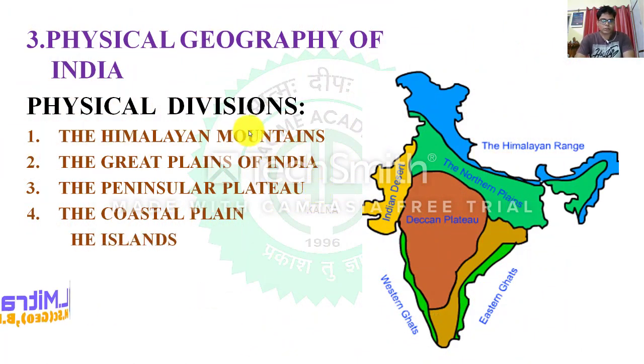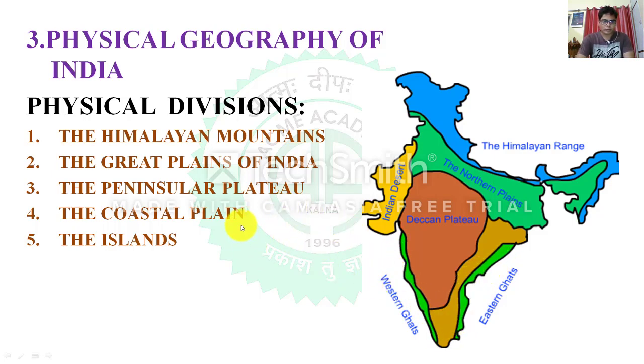First, if you want to discuss the physical geography of India, there are mainly 5 physical divisions of India. By this diagram you can easily see the Himalayan mountain range as one portion, the second is the northern plains, and the third is the peninsular plateau. The Deccan plateau and this portion together are called the peninsular plateau. In the western part you can see the Indian desert, and in the eastern side is the Western Ghat, and here is the Eastern Ghat. So these are the main ones.